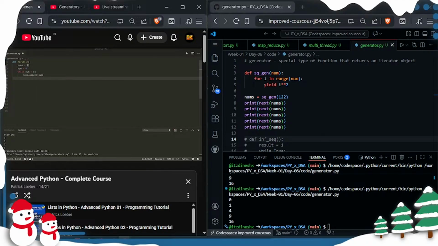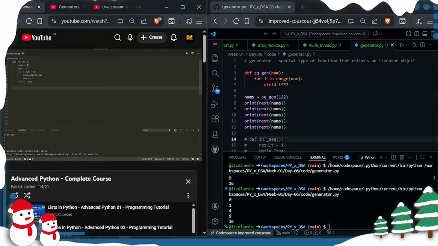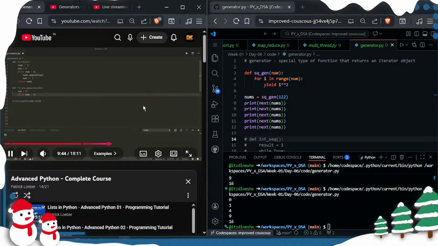So you add the current number to your list, then you update the current number, so you say num plus equals 1, and at the end you will return this list, so you return nums. And now I can say, for example, and here